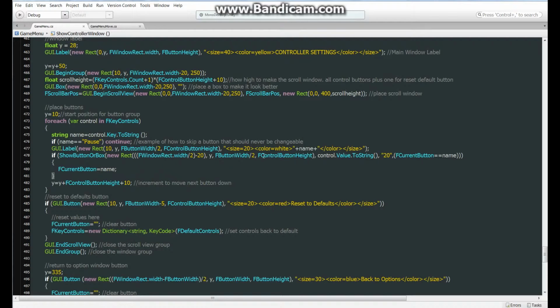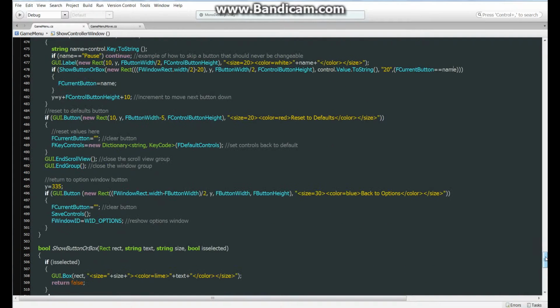And this is determining whether it's selected or not. If the current button name equals the name, then we know that it has already been selected. And down here, it would use the box instead of the button. Then we move it down, the control button height plus 10, so we can add the next button right below it. And after all those are added, we add the reset default value button,